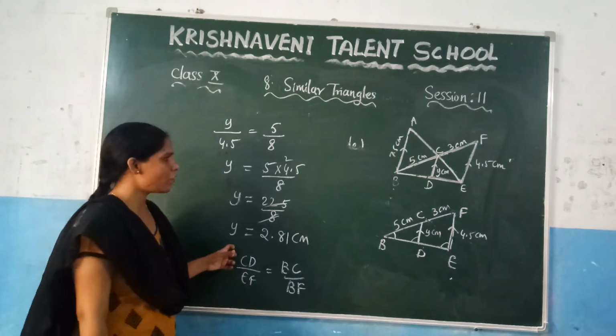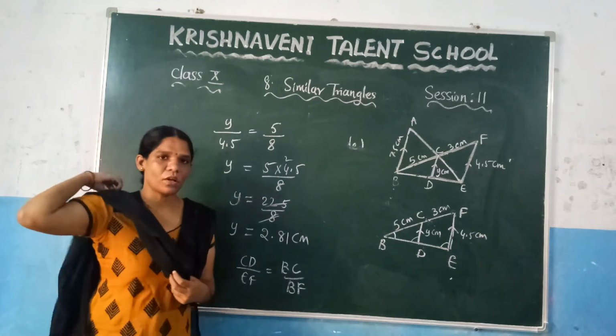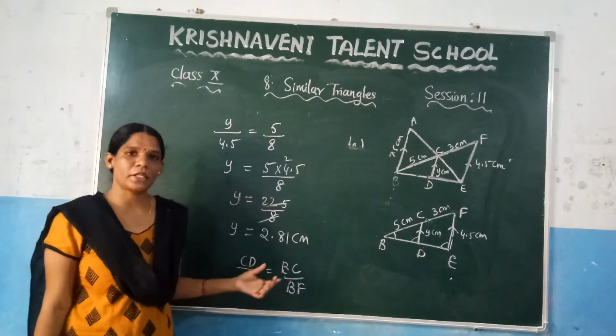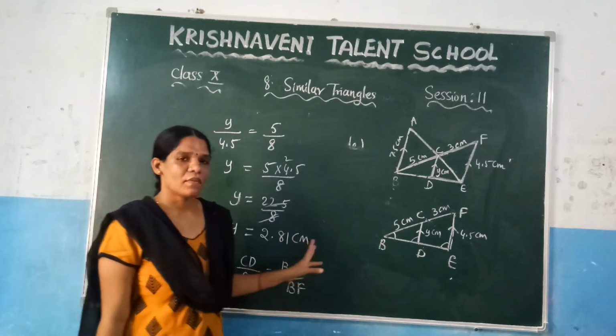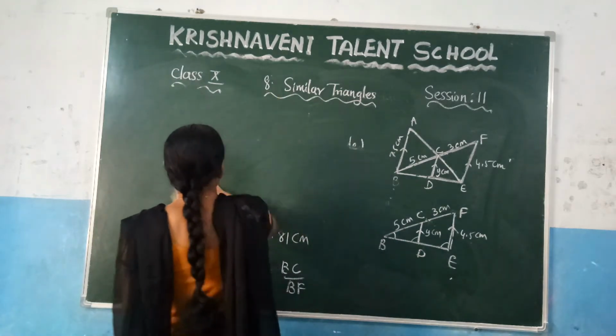This is the value of Y and this is the value of the X. Just now based on the similarity concept you need to check which triangles you need to choose so that you can find the value of the X and Y. Now see here the next one.